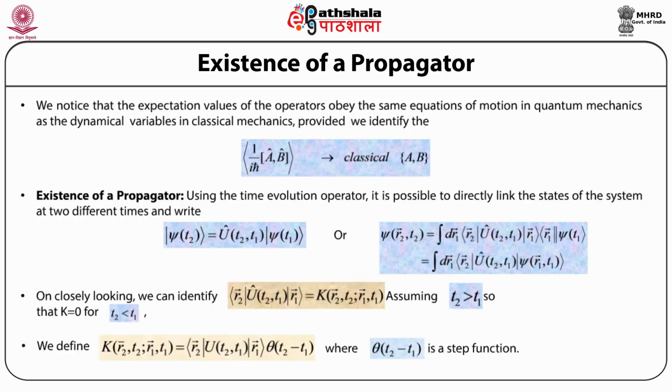This first order differential equation in time t, along with the initial condition, determines completely the evolution operator U as a function of time t and time t0. And by integrating the above equation with respect to time and using the initial condition that we've defined earlier, we finally get the value of the evolution operator U as a function of time t and time t0